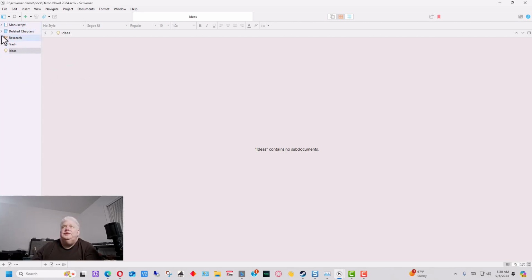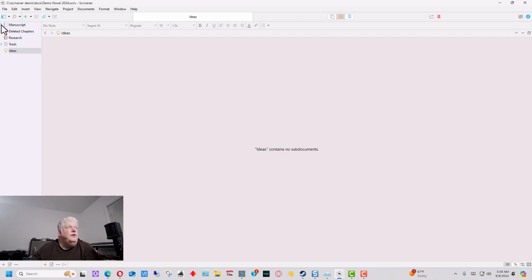As you use it, you'll probably come up with new ideas for new sections for the types of things that you need to put in there. You can actually even put photographs or web pages in these folders as well. But like I said, the important thing to remember is you have folders and you have documents in here, and it's sort of like organizing it in Windows in just a folder and as documents,